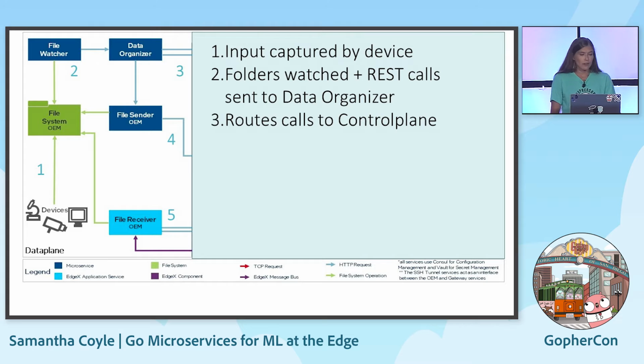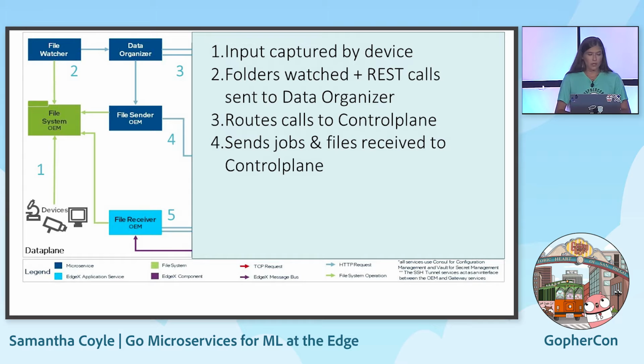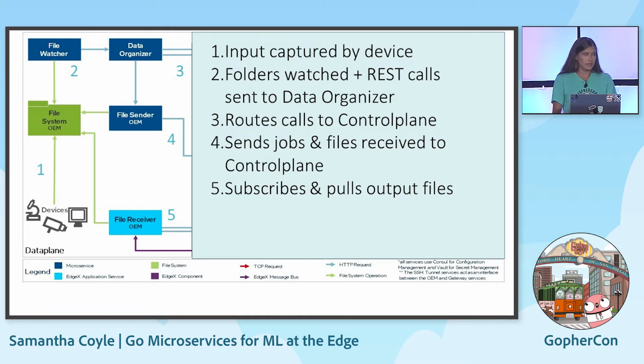Step 3, there are then routes called over to our control plane where it's saying, hey, I have some jobs coming in. We're going to need to do some processing here soon. Step 4, our file sender will send over the job and file information to our control plane, where we will then do processing. And step 5, that file receiver on the data plane is subscribed and will pull the output